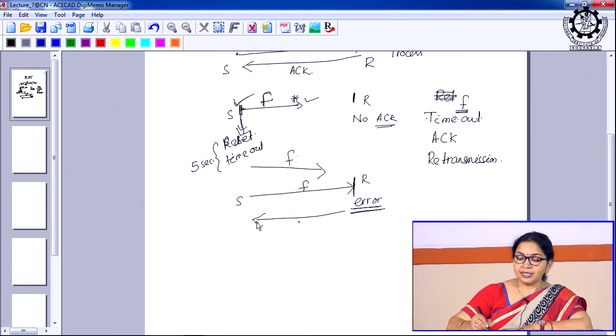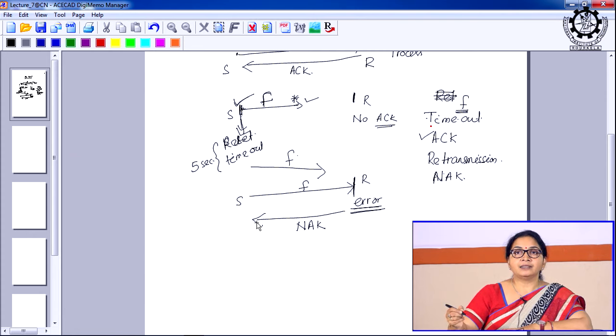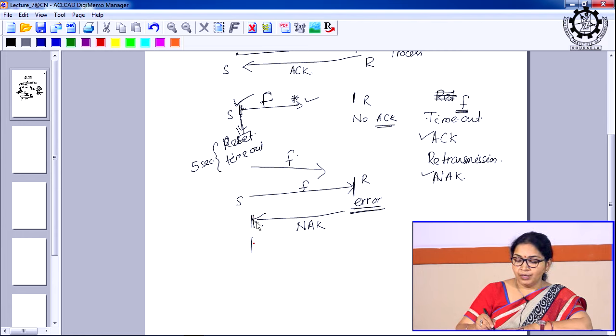And what is that message that says to the sender is a negative acknowledgement. So, another mechanism is a NAC. An ACK says that the frame is in the correct order, correct form, received. NAC says the frame is received but with errors. Now, once the NAC is received by the sender, what is the sender supposed to do? It will again do the retransmission,